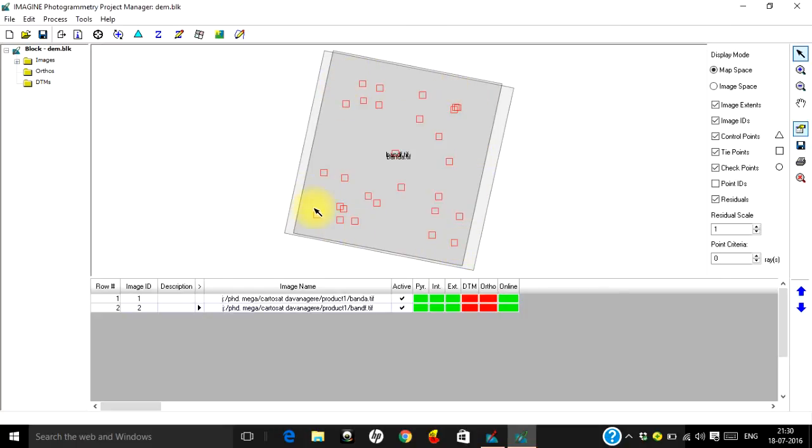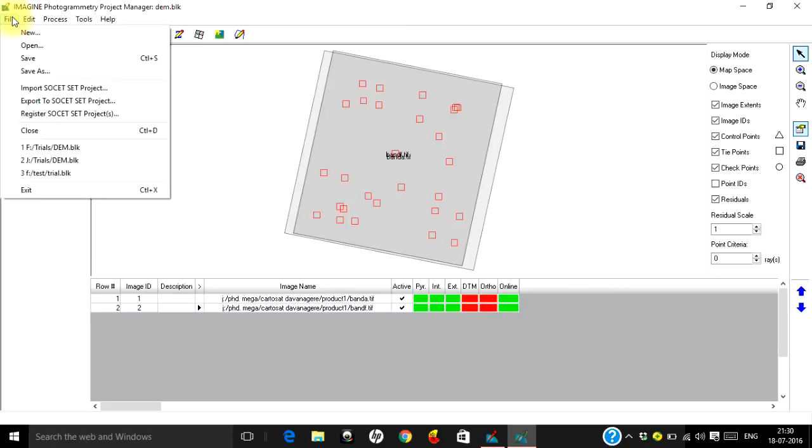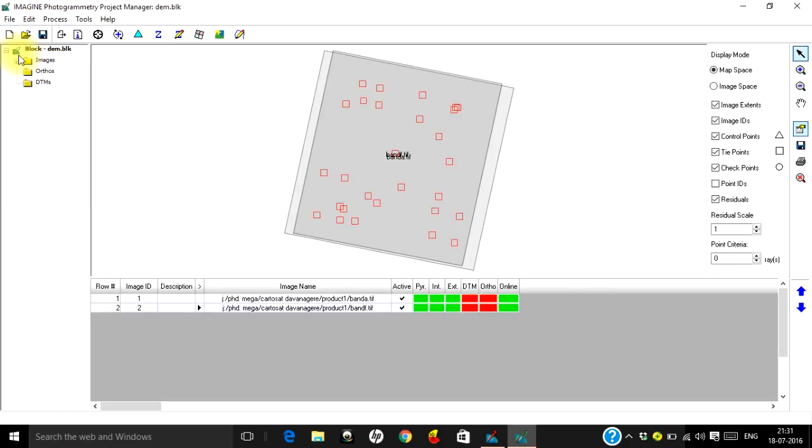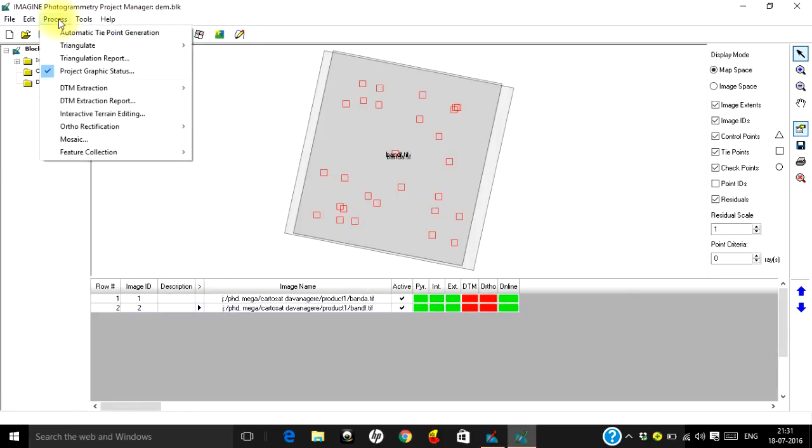Now your automated tie points have been displayed on your images. These are the points where these two images are tied to each other. Let's go to file and save the work till now. Now let us go to process and